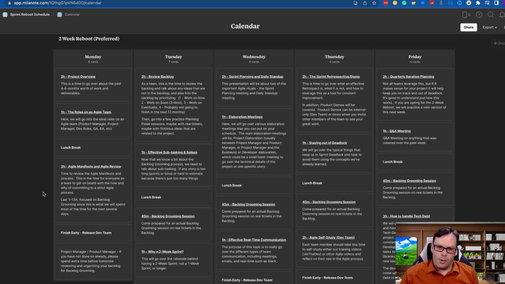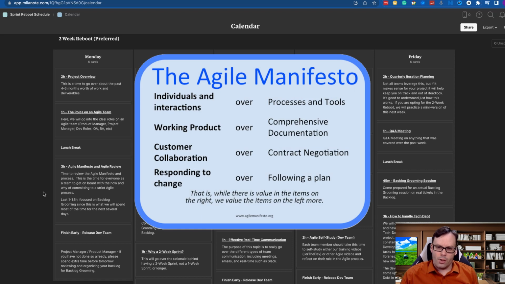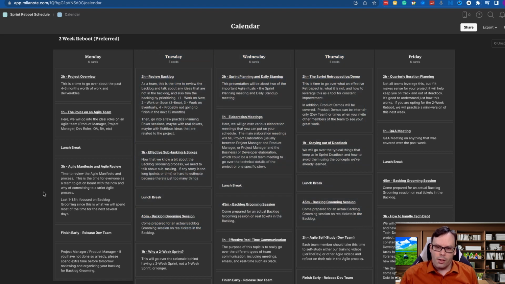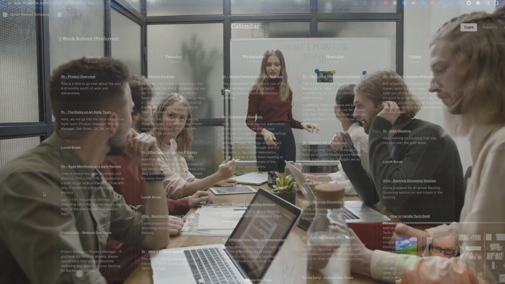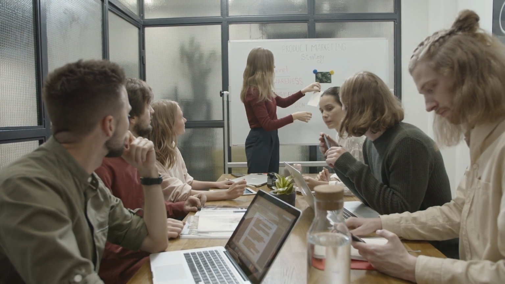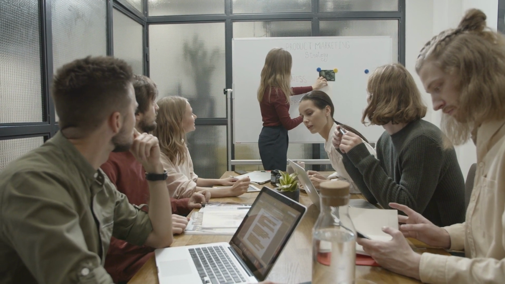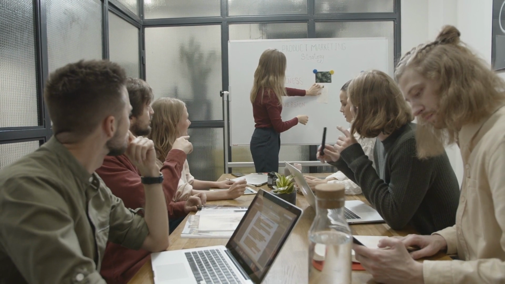After lunch, we go into the Agile Manifesto and Agile Review. This is just a very high-level overview of the Agile methodology, and I think it's good, again, getting everybody on the same page. Even if you have gone through this type of training before, even if everybody on the team feels they already know what they're doing, it's probably a good idea to just do a quick review and turn it into a discussion, because what we really want to do is have everybody in line with what Agile looks like on this team,